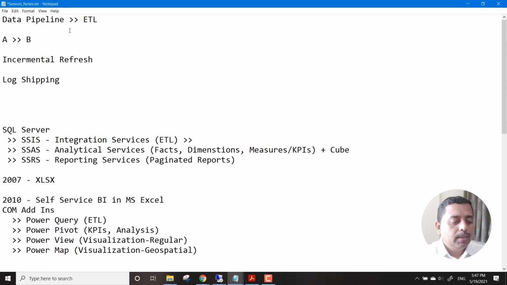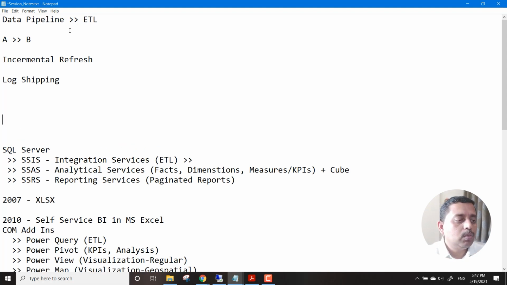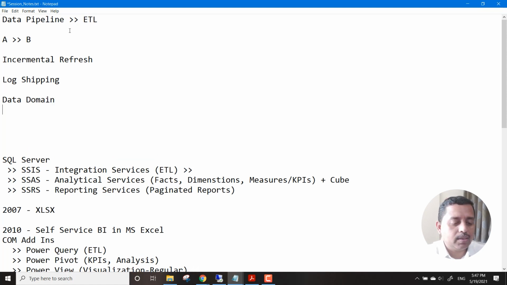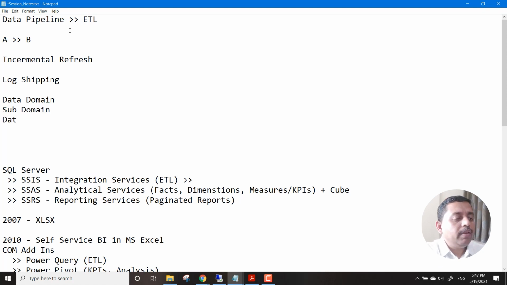And when we talk about the pipeline, we have some components that we need to keep in mind. So what are these components? The first thing is that we need to understand the data domain. Then we will see the subdomain. Then we talk about the data table or the data set.